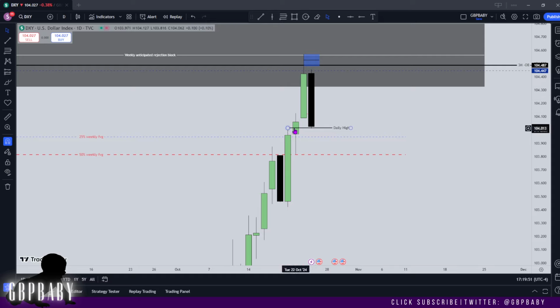So you'll see we've just traded into this daily high, which is nice. We're starting on dollar as per usual. I always follow dollar first, by the way, just because so long as we know what dollar's doing, generally speaking, it is easier to get in line with the rest of the currency pairs. So always start with dollar. And yeah, we're gonna take a look at,